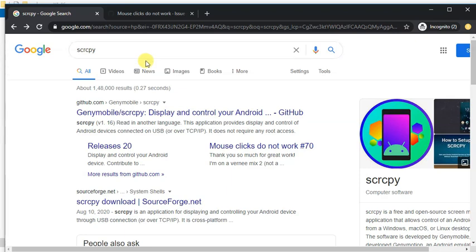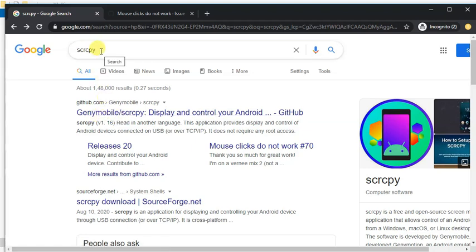In order to do this, we need not install any application in Android.